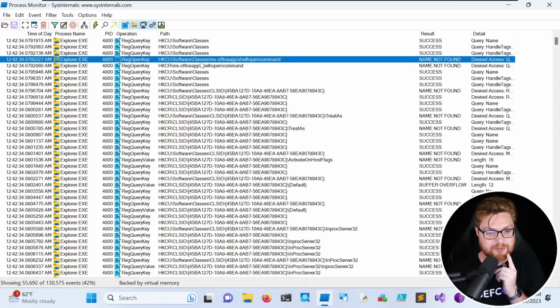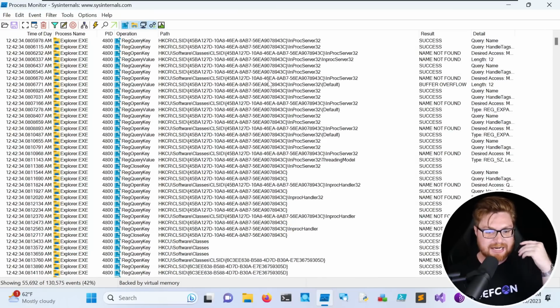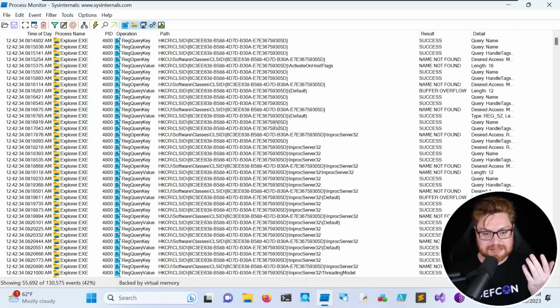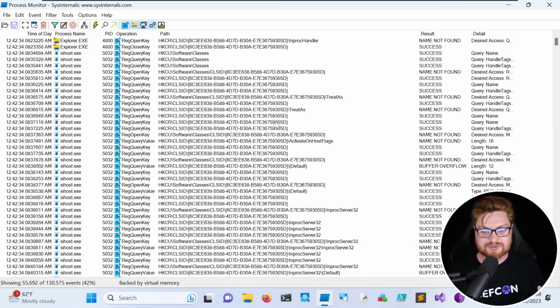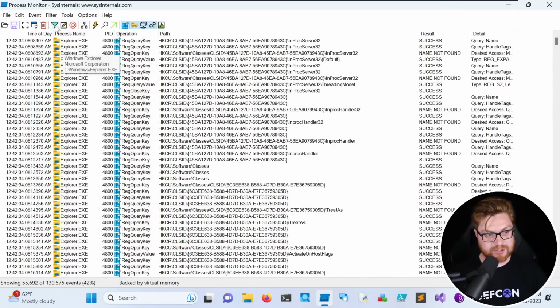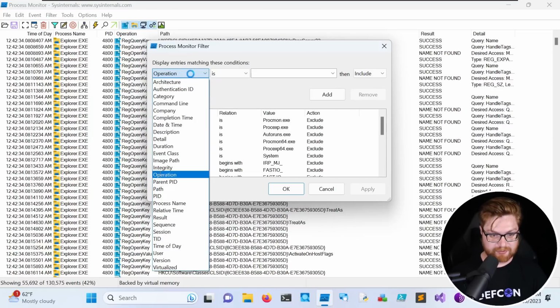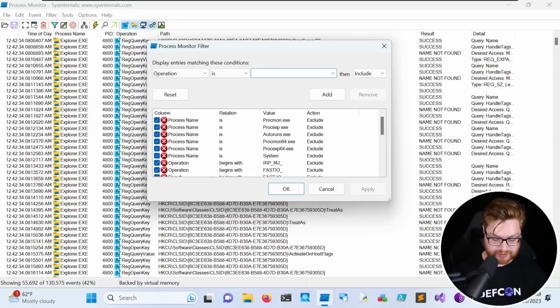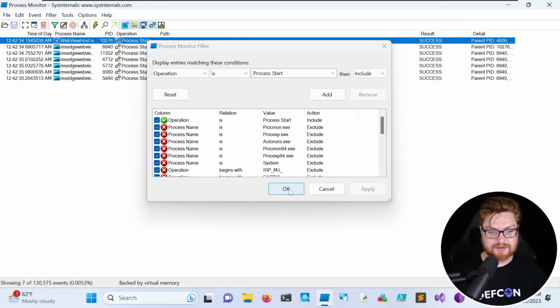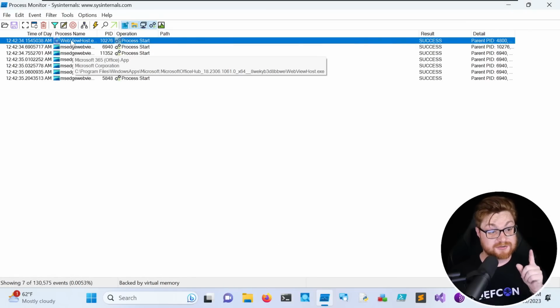It looks like it goes into this Classes MS Office app shell open command key, so maybe we could mess with that, but how did it know to then open up the Microsoft Office or Microsoft 365 utility? We could actually go ahead and filter on the operation that we're looking for, because we know it's going to start a process, right? We can search for process start and then see what happens. Looks like it actually fires up